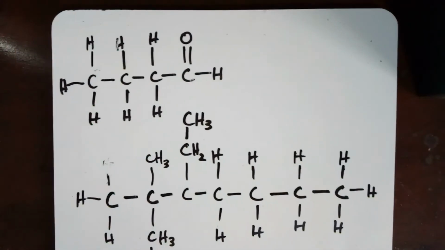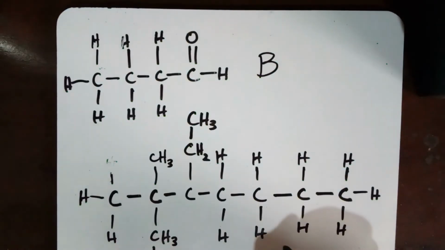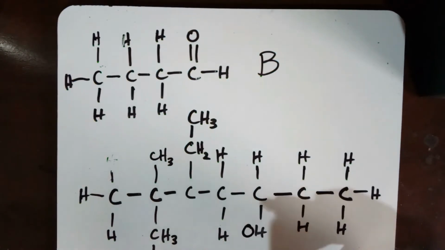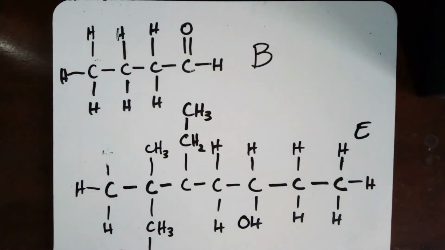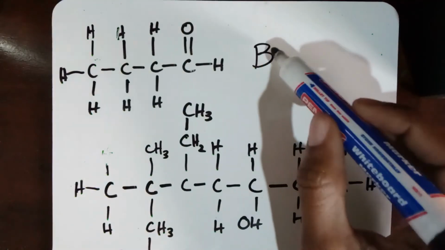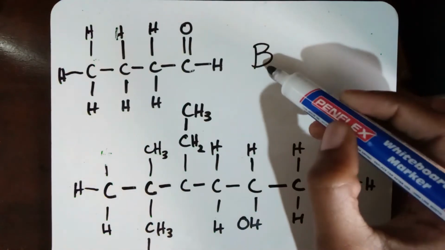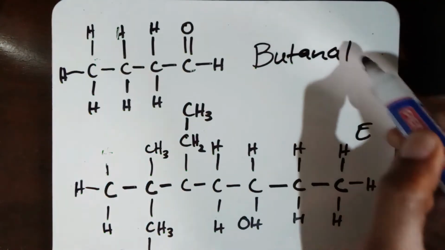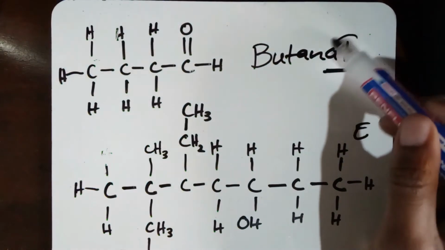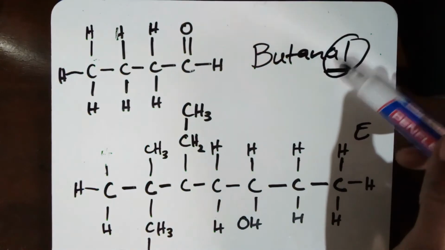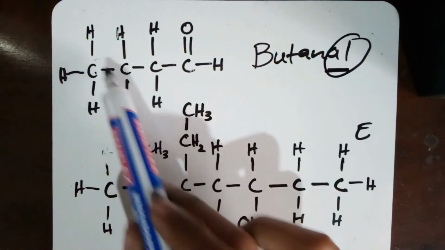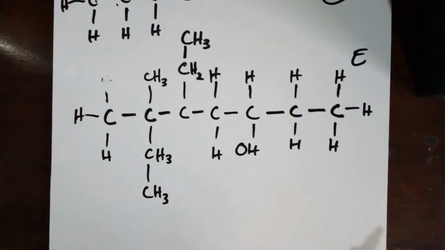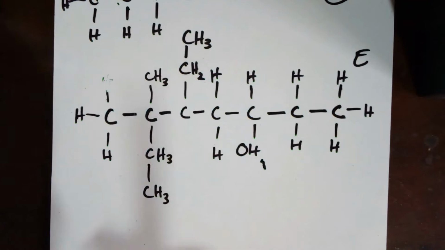Okay, we're given these 2 compounds here. This was compound B in the table, and this one was the compound, no, I left the OH here. This was compound E in the table. Cool. We've already shown how to write the IUPAC name for this, and we called it butanal. So aldehydes, every time you name them, you have to remember the suffix there, al at the end, and the butane comes from the fact that we actually have 4 carbons in our chain. Okay, so now our task is to name this